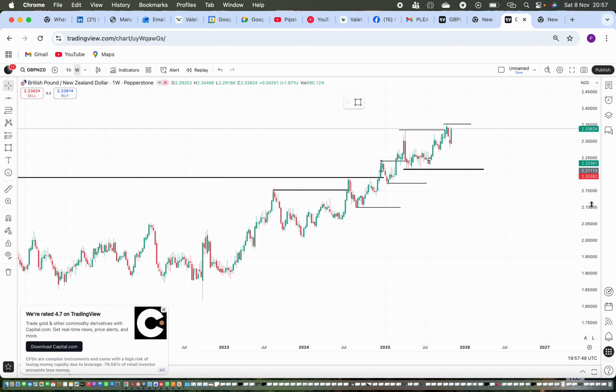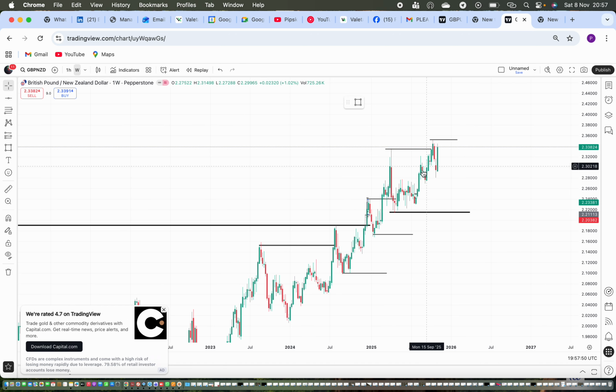So what has been happening? If you look closely, we have internal structure here, all right, and we have a high that created a low, and price came back to actually trade below these lows, these two levels here,